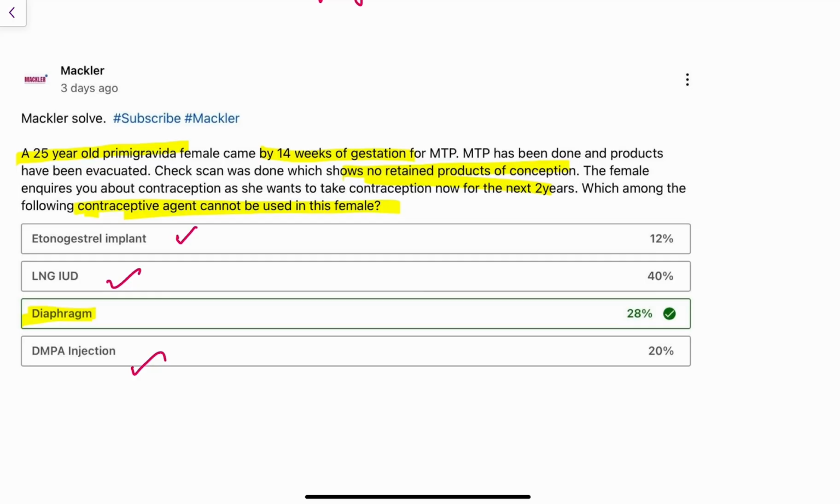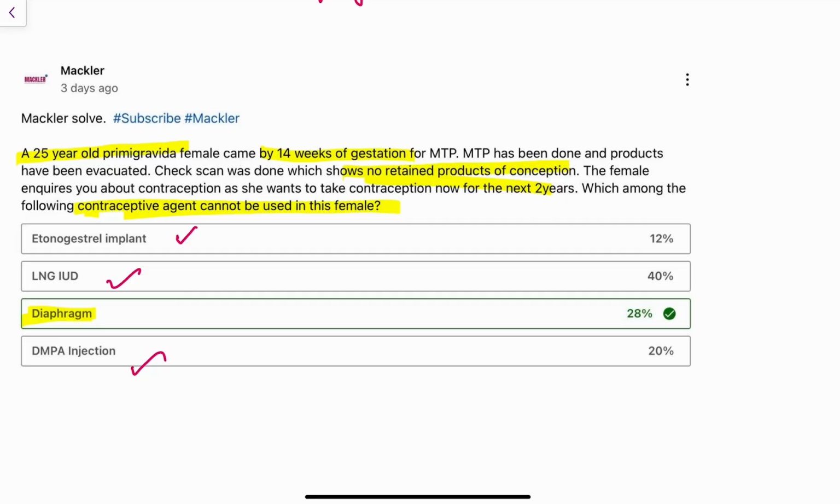for the proper success rate of this barrier contraceptive, you need to ensure that it is properly fitted inside the internal genitalia. And we all know that after abortion, which means that she has been pregnant earlier, the uterus as well as the cervix has to involute back to its normal size. So you cannot expect it to be in its normal size. Since it is in a stage of involution, you cannot insert this diaphragm, because if it is not properly fitted, it is going to result in failure of the barrier contraceptive.